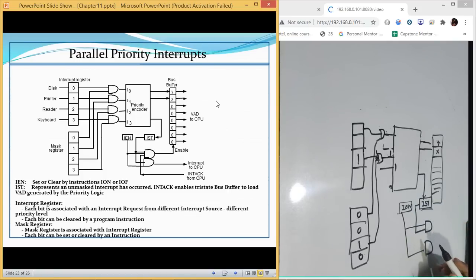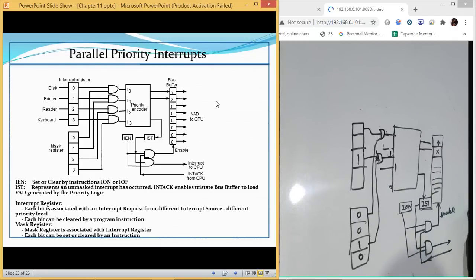So this is one, and the other part is connected here, and there is another part which is connected with the interrupt acknowledgement, right? This is an interrupt to CPU, this is an interrupt from CPU, interrupt acknowledgement, and this interrupt acknowledgement is connected here, and we have enabled the line.